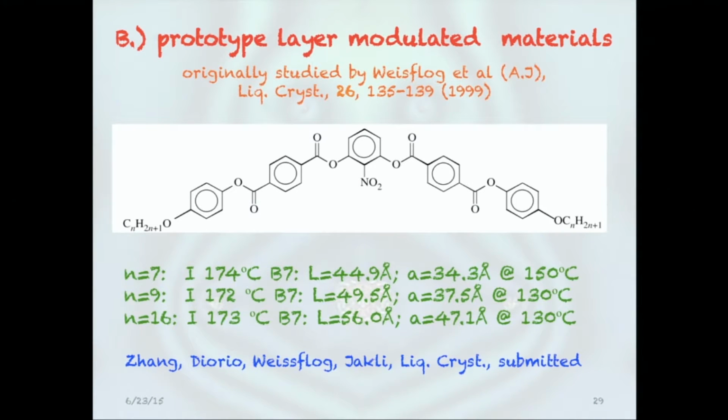Okay, there is another set of material which has nitro groups here. It's not asymmetric like the previous one, but it has some substitution. This was the first one which formed these filaments. Those pictures were done on those materials. We observed it in 1999,